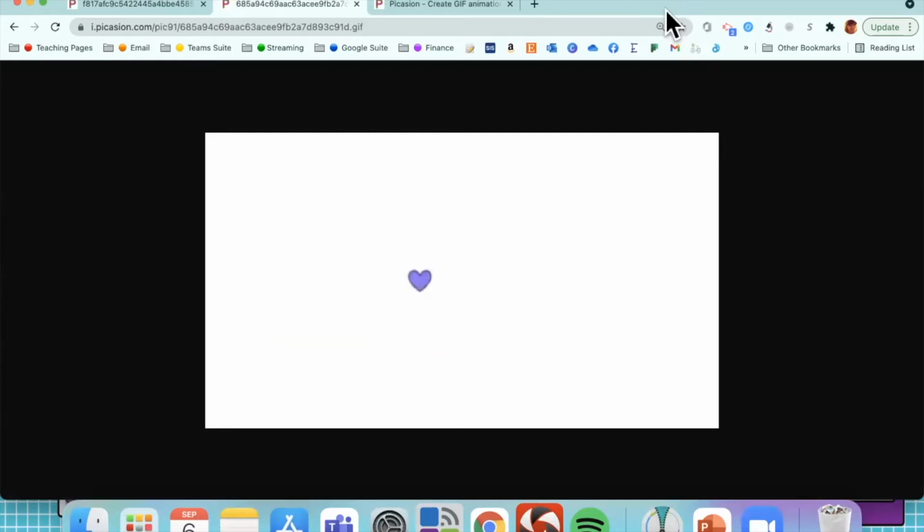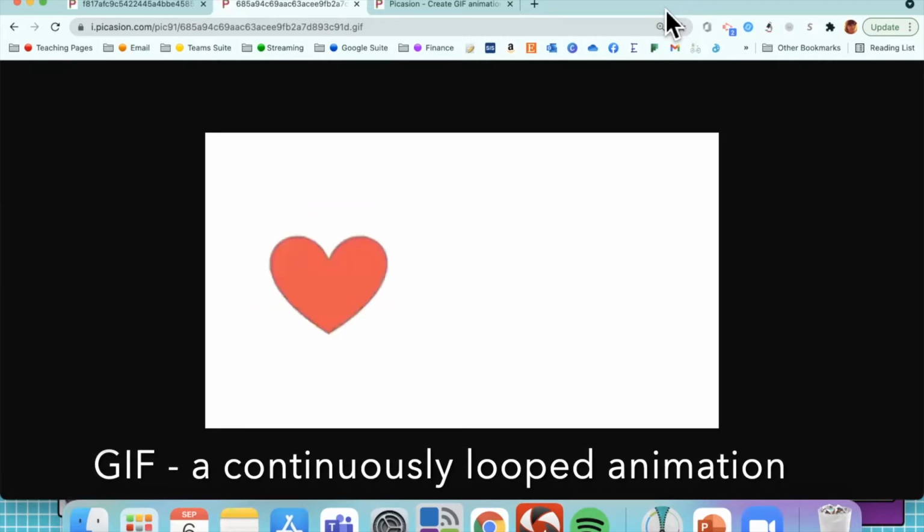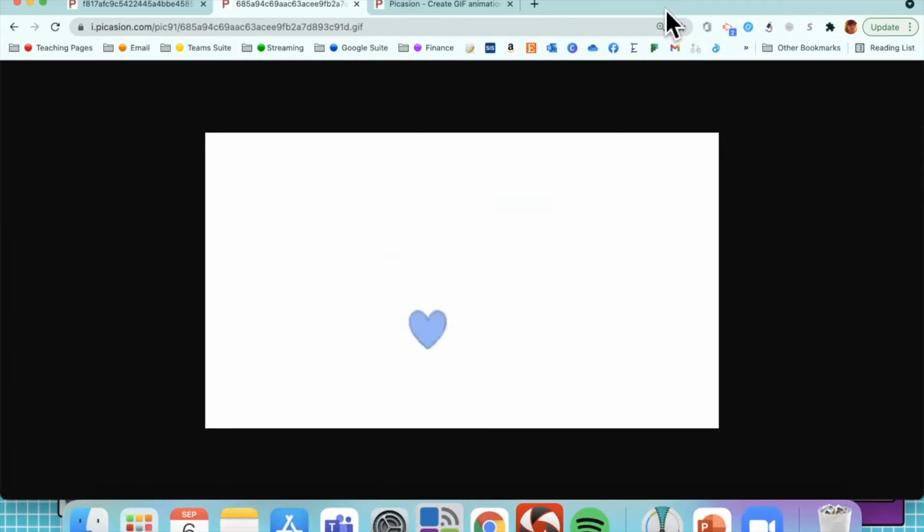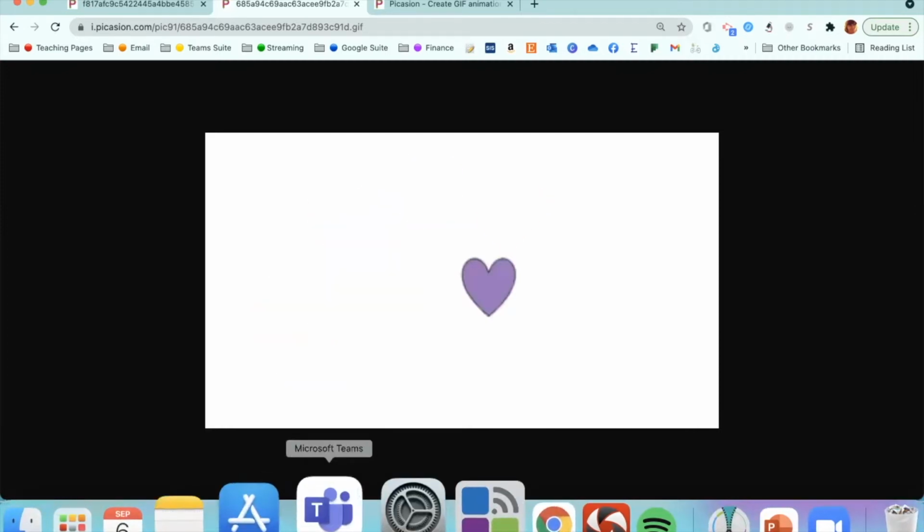Hey y'all, so today we're going to be learning how to make a GIF, which is a continuously looped animation, which we've kind of talked about in class. So we're going to be using Microsoft PowerPoint and one website to create this GIF. So let's get started. The first thing I'm going to do is show you how to get to the assignment